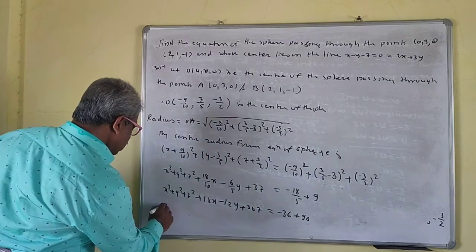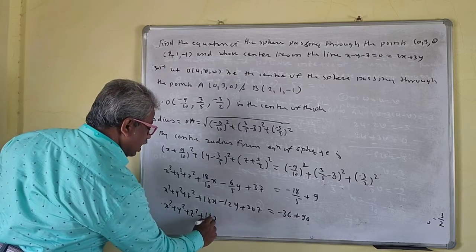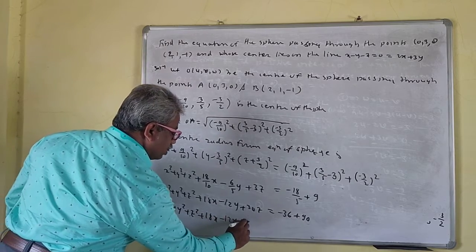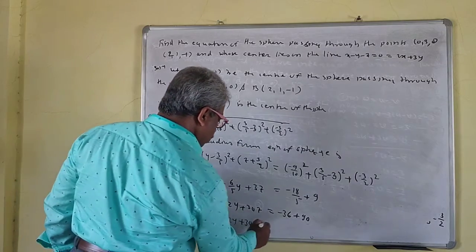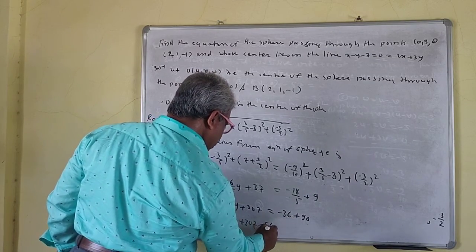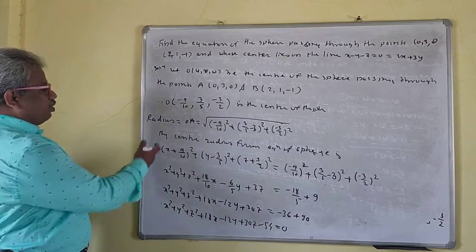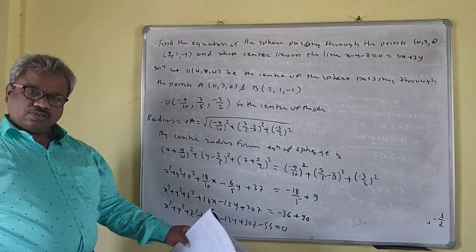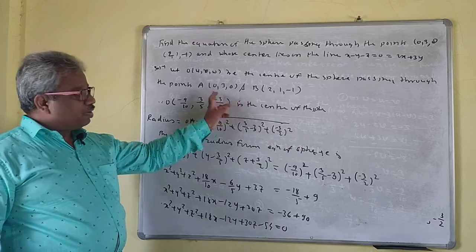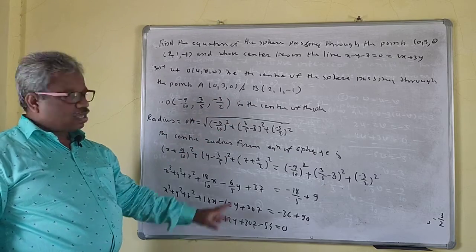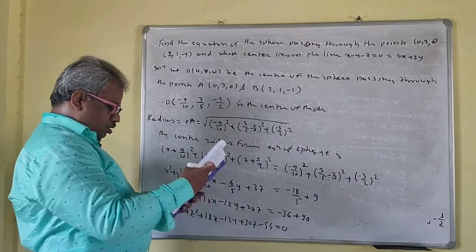Okay. So this is x square plus y square plus z square plus 18x minus 12y plus 30z plus 54 is equal to 0. Okay. So this is the required equation of the sphere. You can check whether this is correct or not. Just check whether these 2 points satisfy the equation or not. If these 2 points satisfy the equation, then you are correct now. Okay.